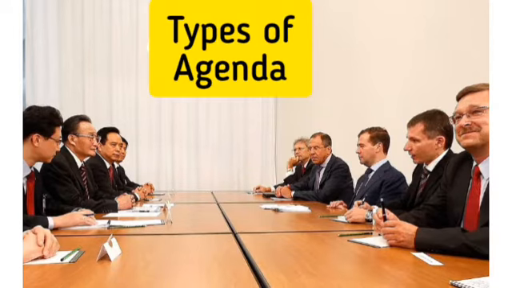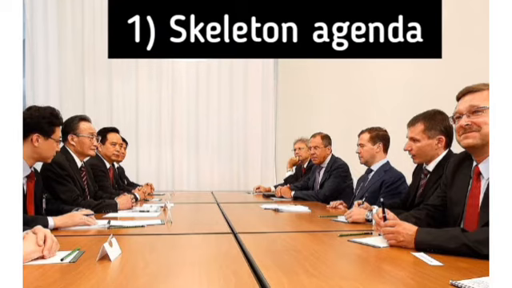In here we have types of agenda. We will just discuss a few. We have the skeletal agenda, the skeleton agenda. This gives just an outline or a summary showing numbered headings of items to be dealt with. This form is usually used where the agenda forms part of the notice distributed to the members. So it means the members already know what is entailed during the new business or the discussion for the day. That's why they produce a skeletal agenda.